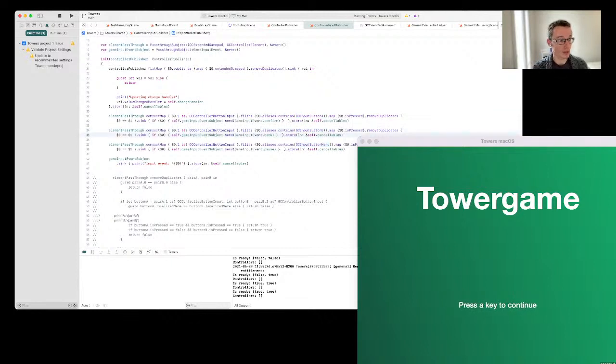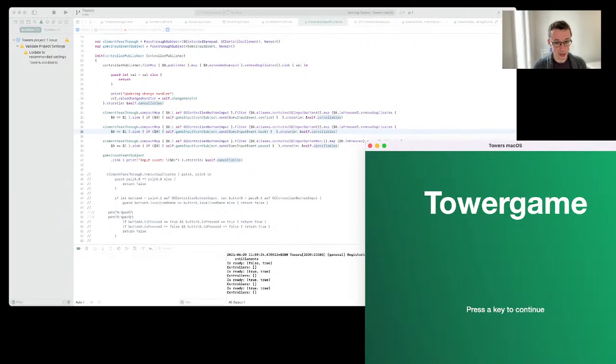Same for button B and same for button menu, right? And so currently you can see down here in the Xcode output field, there are no controllers. I'm going to turn it on, and when it connects, yeah, so now we got a controller. And now if I'm pressing a button,